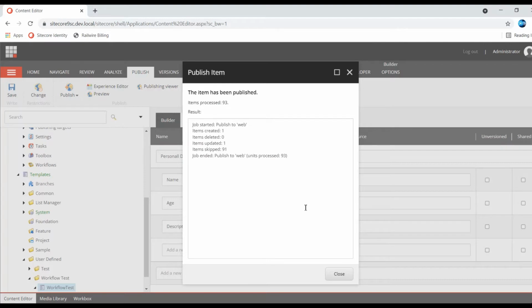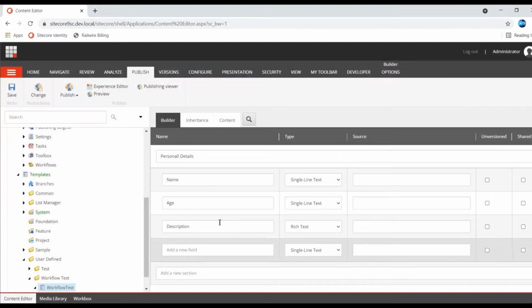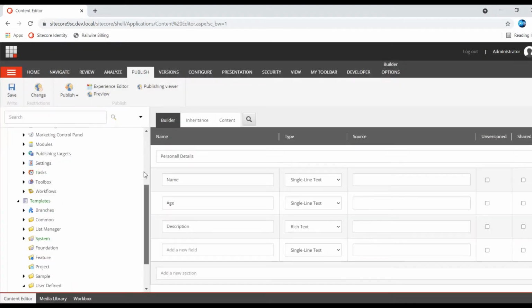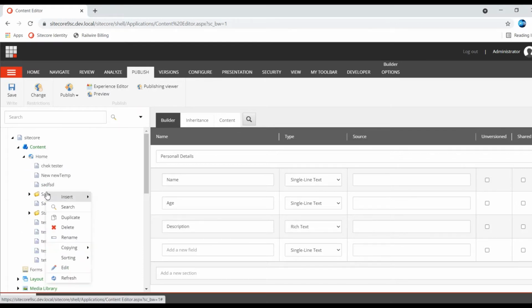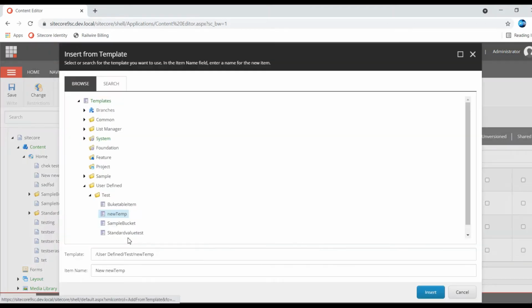So whenever I create an item, it will not be published immediately. Let me show you. So I'm creating a new item from this template, selecting workflow template here, workflow test.